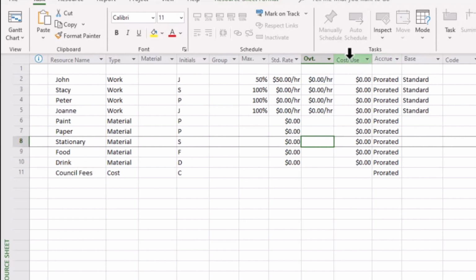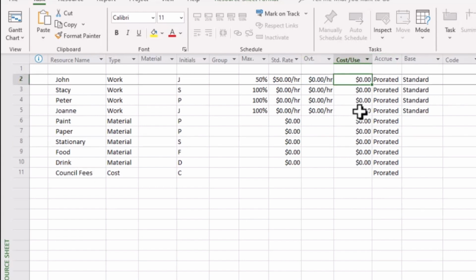And then you have a cost per use column. Now this would apply for effectively getting your resource out there. For example, there are some tradespersons, plumbers and electricians come to mind, who will charge a call-out fee. This would be that one-off fee for effectively showing up. It might be $50, $100, whatever their conditions are. So there is an allowance here in Microsoft Project for you to put in a cost per use, effectively a cost for using them for that particular task. In this particular case, I'm going to leave it blank.